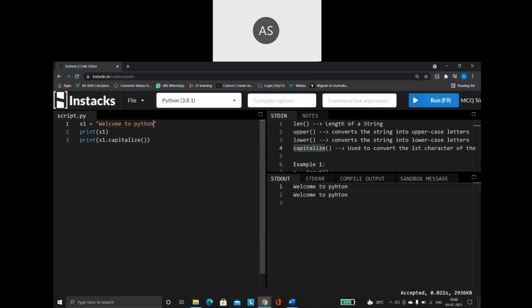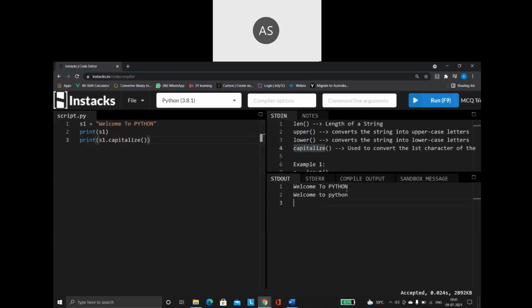Now, in case my string is like this, welcome to Python in mixed case, then when I use the capitalize function, see what will happen. The entire string will get converted into lowercase except the first character. The first character alone will be in capital letters. All the rest of the characters will be converted into lowercase letters.